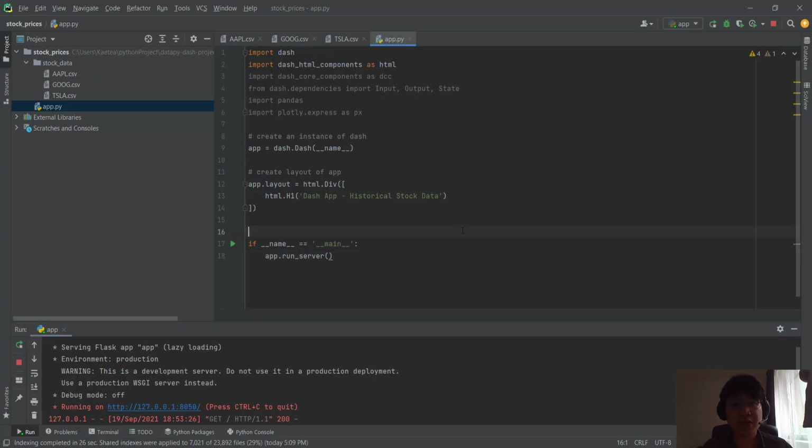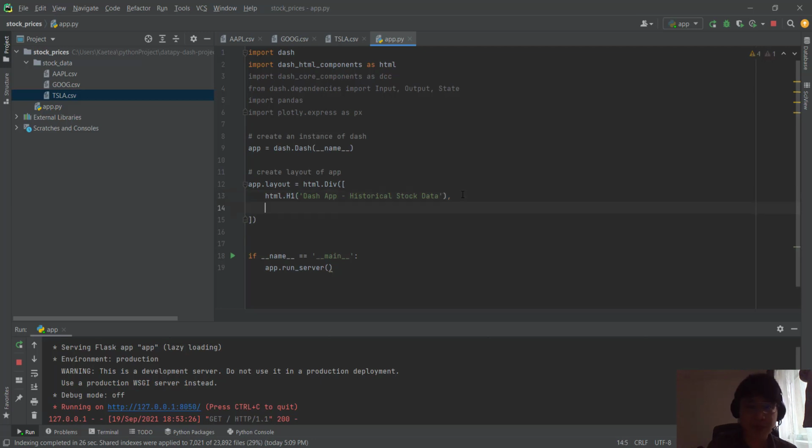So the next thing we do is we want to read historical data based on some input. So let's say we want to know the historical close price of Apple. So if the input is Apple, we will then see Apple's close prices on a line chart, right? If it's Google, we want to see Google, and if it's Tesla, we want to see Tesla. And for this purpose, I think the dropdown component from Dash is very convenient. So let's use the dropdown component, which is